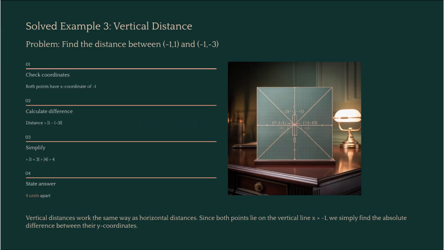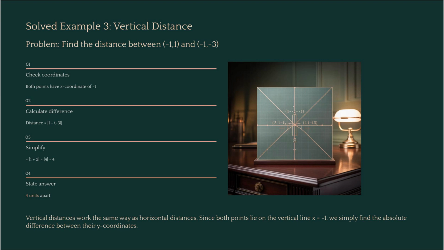In example 3, we find the vertical distance between (-1, 1) and (-1, -3). Since the x-coordinates are the same, we look at the y-coordinates, 1 and -3. The distance is the absolute value of 1 minus -3, which is the absolute value of 1 plus 3, which